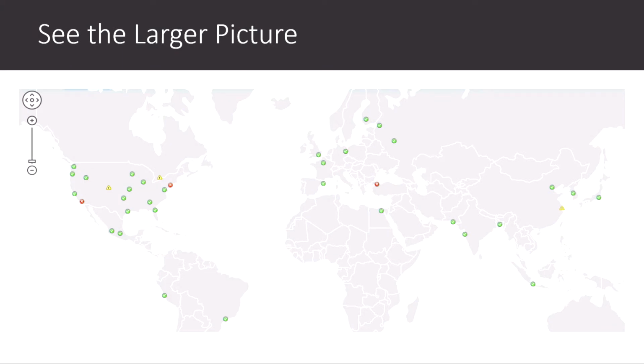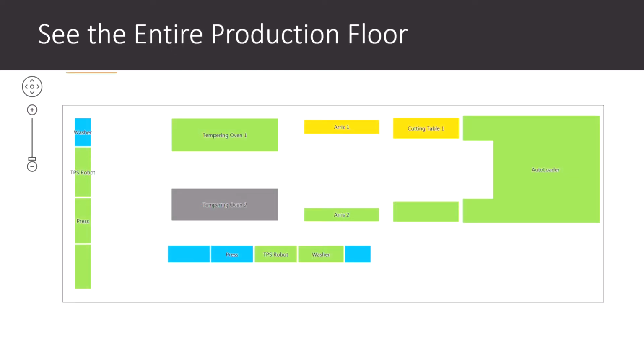So some examples: if you have facilities in multiple locations, you could overlay the status of each facility on a world map. See things like, how's each area doing, and drive this based on, is a machine down, are things not running efficiently, is there a different issue, and change the status based on that. You could drill into a factory and see the whole floor. What's going on with each machine or each work center.